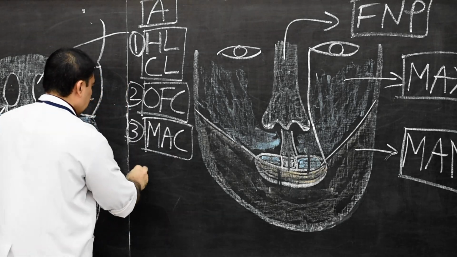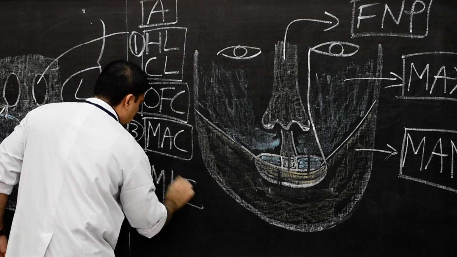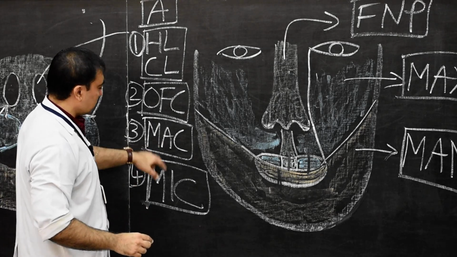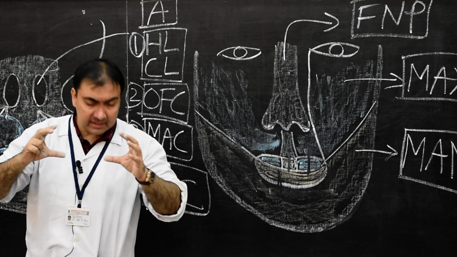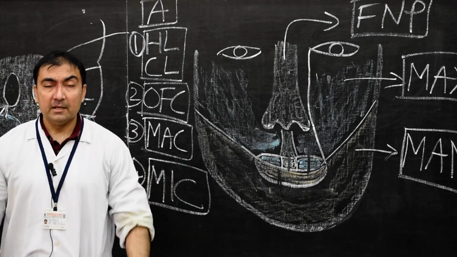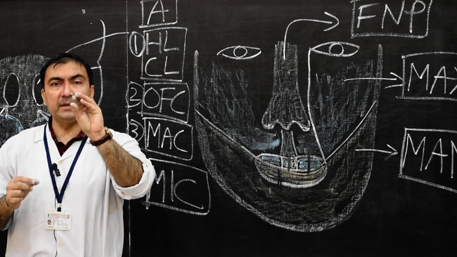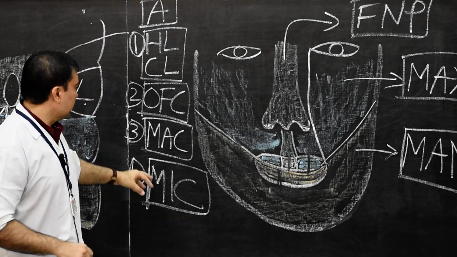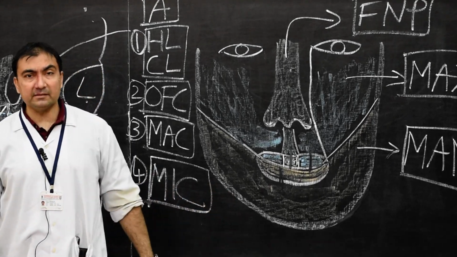And the last one will be known as microstomia. And what is microstomia? Opposite of macrostomia, in which there will be excess fusion of maxillary and mandibular process. Maxillary and mandibular process will fuse in excess, so it will lead to a very small aperture of the mouth, stomodeum. That is the last anomaly of the development of face. So here we finish our development of the face. Thank you very much.